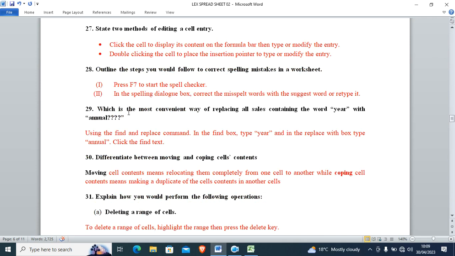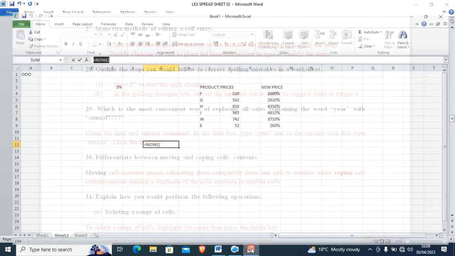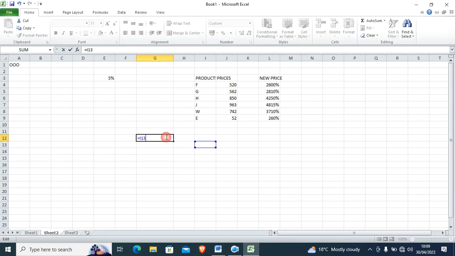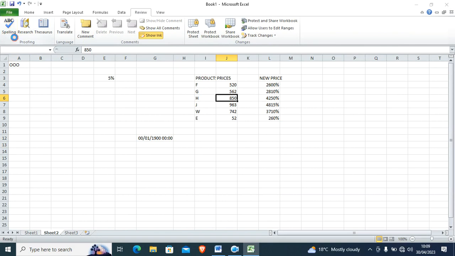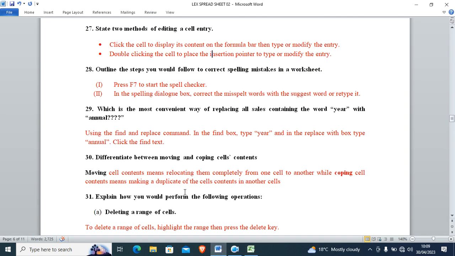Outline the steps you would follow to correct spelling mistakes. You can press F7. You can also go to the Review tab. So when you want to spell check in Excel, you can just go to Review, then click on Spelling. You see now the spelling checker will run. You can also press F7 to initialize the thesaurus. Then we have